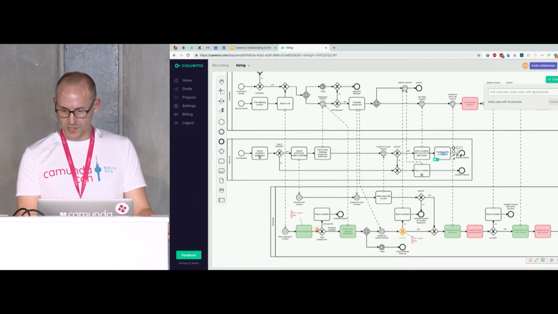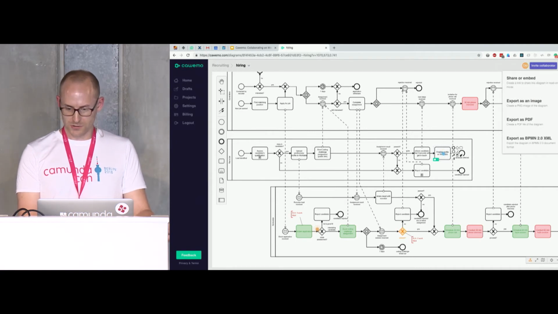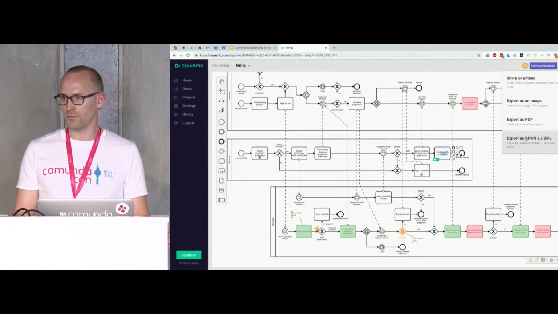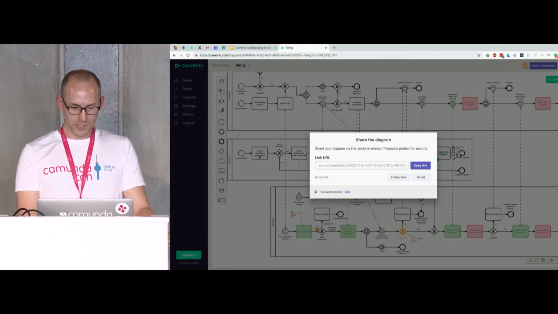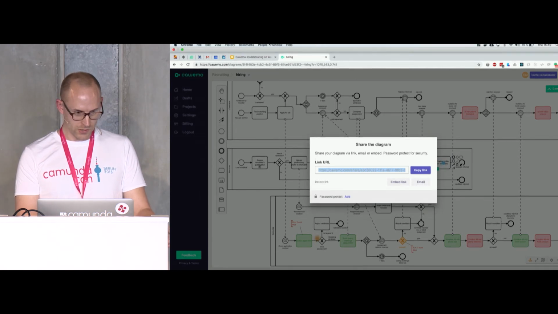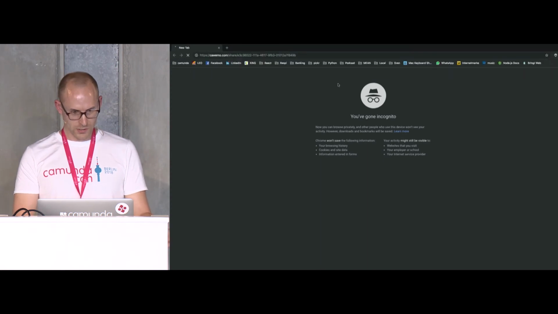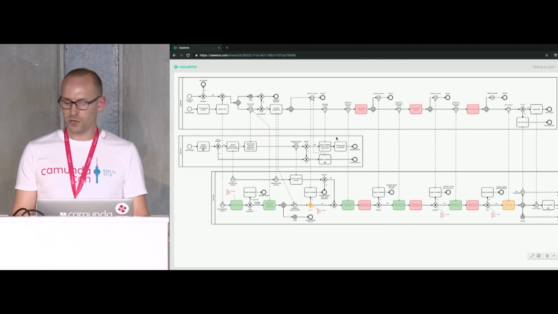Besides that, you have some nice sharing capabilities. They are hidden over here, so you can download the diagram as PDF, as well as an image, and also as a BPMN file, which may come in handy if you want to continue working on the diagram in the Camunda modeler. But there is also a sharing feature built in, so you can basically copy the link that is being created. I'm going to open up a new incognito window to just demo what happens then. There you go. Basically, a lightweight way of sharing a diagram.